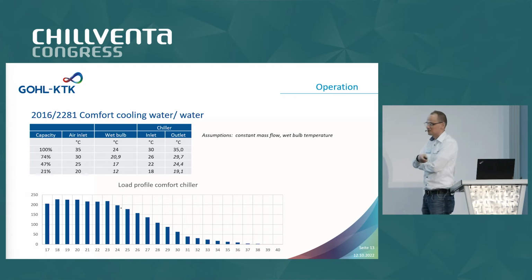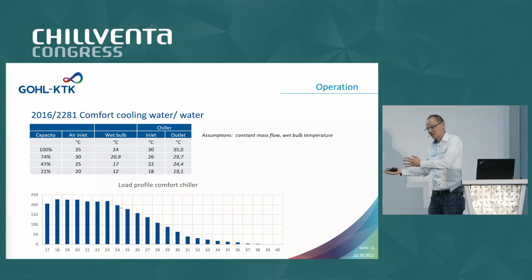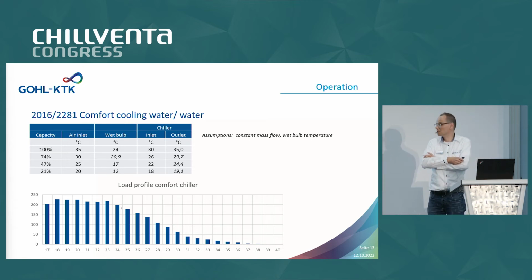It is the EU Eco-Design Directive 2016 for comfort cooling water chillers, and they have a really easy to compare load profile for the chiller especially, but what applies to the chiller can also be applied quite easily to a cooling tower,